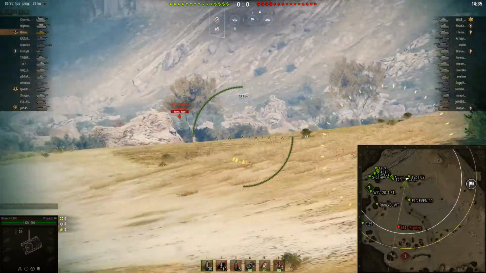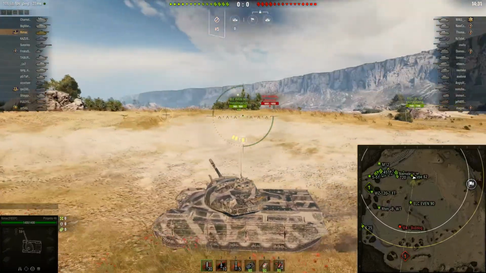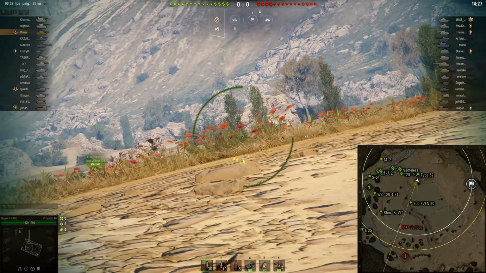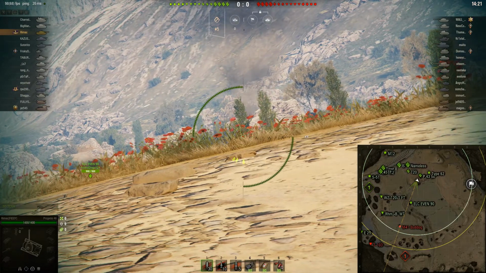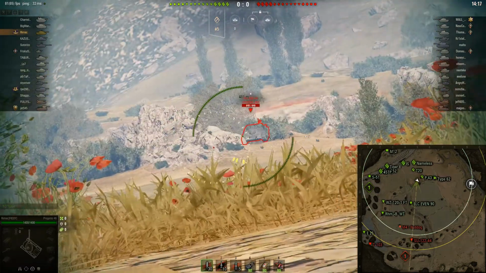a time and reload. Anyway, this is an encounter battle, so not standard battle. You've got 1 cap, and it takes about 3.5 minutes to cap for 1 tank. So different rules from the standard battle, and there are players who are not really used to this mode. Anyway,